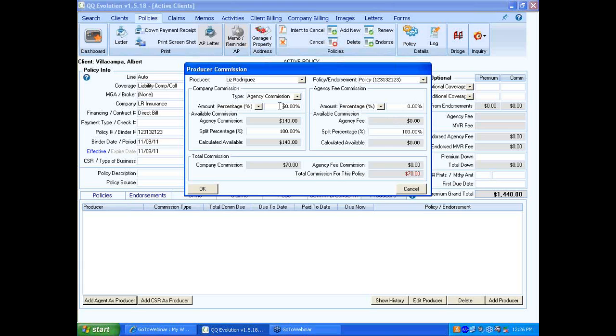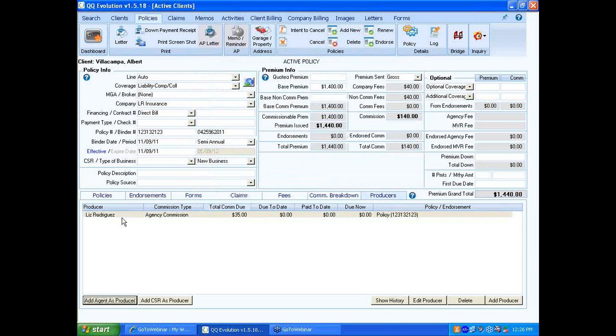So you can change the producer's commission information directly on here. You can put in whatever amount would be applicable to this particular line or particular policy. So right now, let's say this is 25%. I can go ahead and adjust that, click on OK,